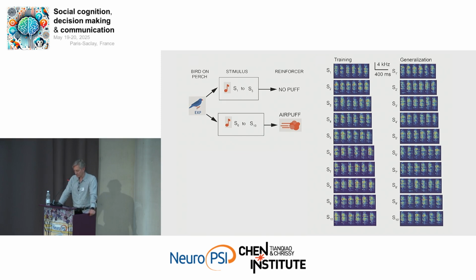Okay. And so why would the birds go back onto the perch? Well, because there's a social reinforcer. There's a little hole in the cage and the birds can see an observer. Songbirds are gregarious, they like to see each other and hang out. And so that's why the birds go back.